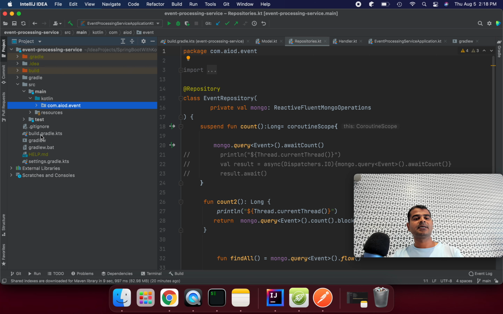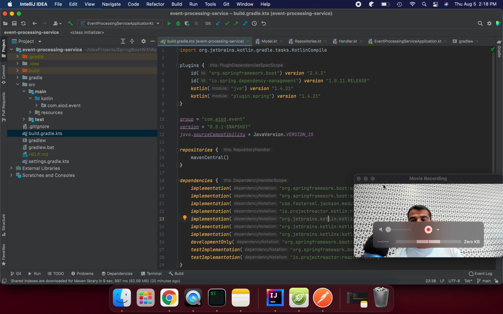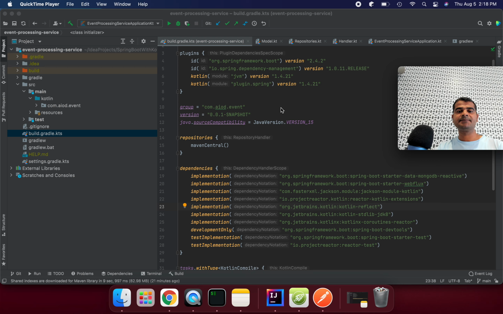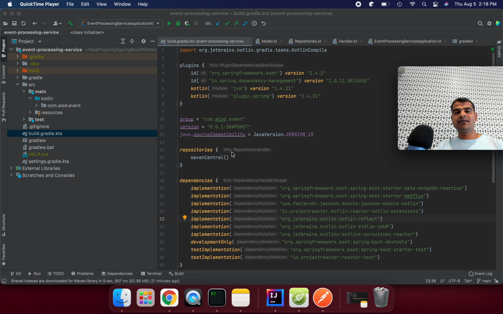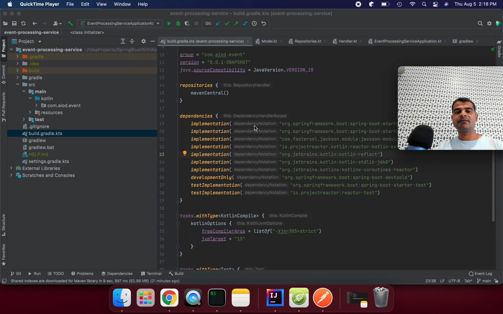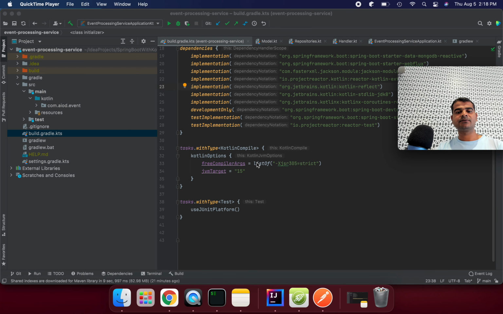But let's start with build.gradle. Here I'm using older versions, so you might see a difference, but don't worry, the same thing is similar; they are adding new features, so you can use the latest features as well. But I have built this project, so I'm going to explain how we can do that. Here we have the Spring Boot plugin, dependency management, and the Kotlin JVM 1.4.21 plugin, Spring, and all the dependencies we have here, right? So this is just the basics.